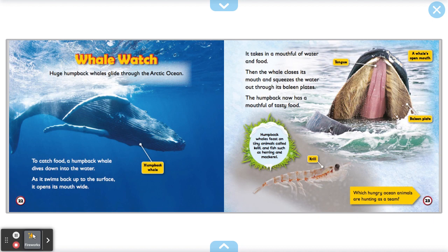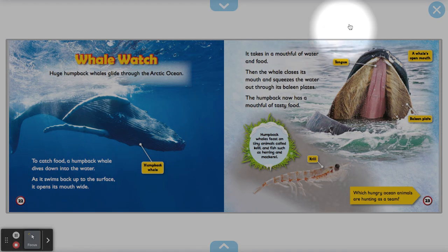The whale closes its mouth and squeezes the water out through its baleen plates. The humpback now has a mouthful of tasty food. Mmm. Here's the humpback whale, and that's his tongue, and his open mouth, and the baleen plates. And here's the krill. Humpback whales feast on tiny animals such as krill and fish, such as herring and mackerel,